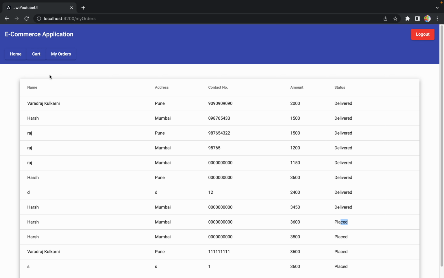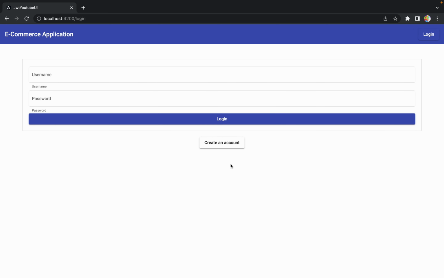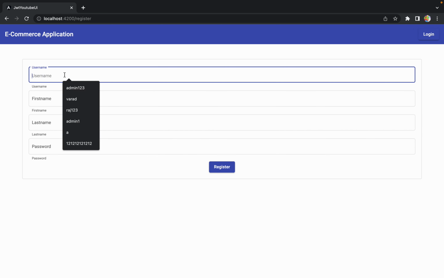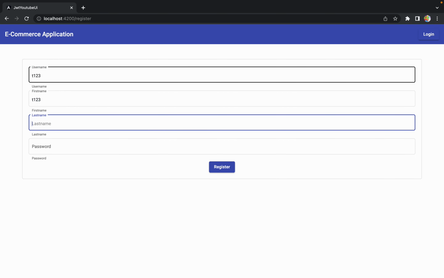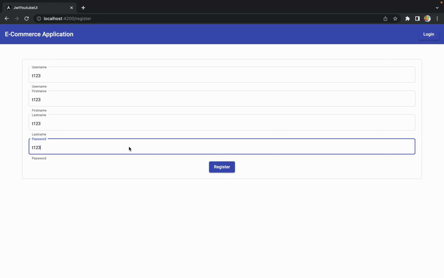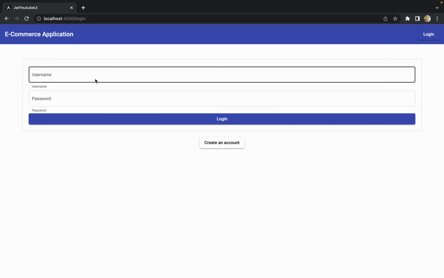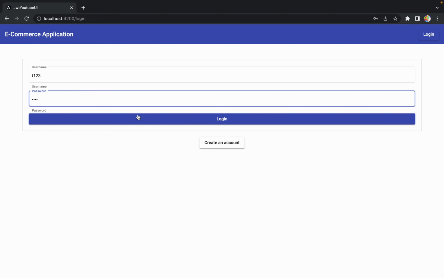Now there is one more screen which we have added over here. Let me first of all click on logout, and let me try to log in with a different user. Maybe let me create one new user. Let me put it as, let's suppose T123, then first name should be T123. I'm just putting some random names over here so that I can show you different scenarios. Let me click on register. Let me try to log in with the username and password,